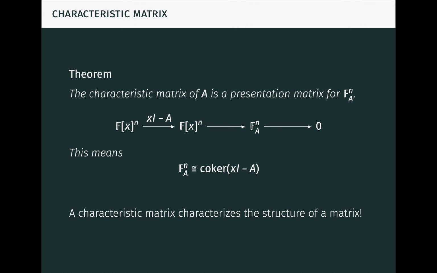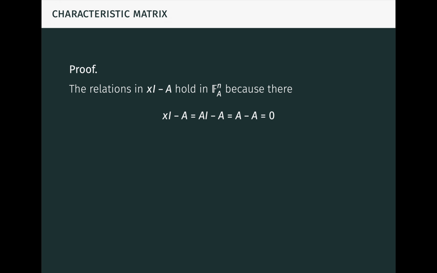We need to show that the relations in the columns of the characteristic matrix are generating relations for the module. First, the relations in the columns hold in F^n_A because in that module, xI minus A equals AI minus A, which equals A minus A, which equals the zero matrix. Viewers who've seen my video on the Cayley-Hamilton theorem might be skeptical of this reasoning, because it looks a lot like the fallacious reasoning I talked about in that video, which conflates scalar multiplication by x with matrix multiplication by A. However, it's not fallacious reasoning in this context, because in the module F^n_A, scalar multiplication by x is